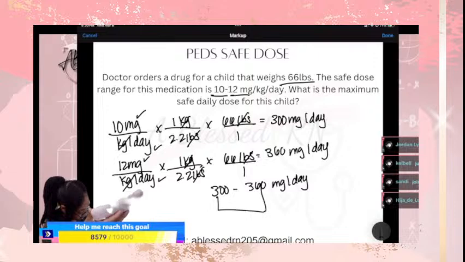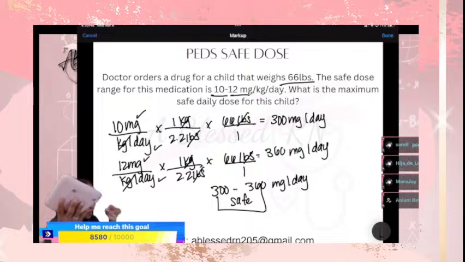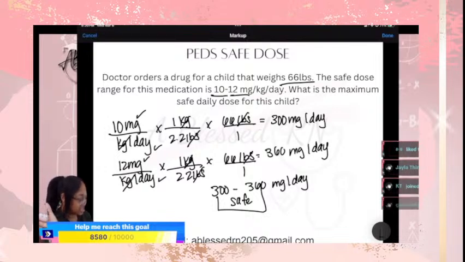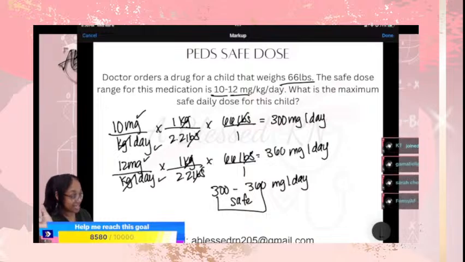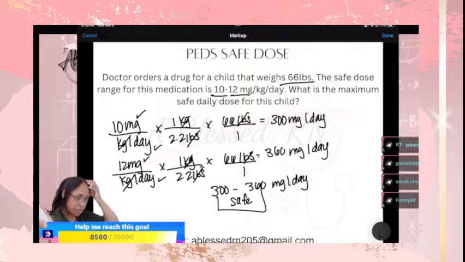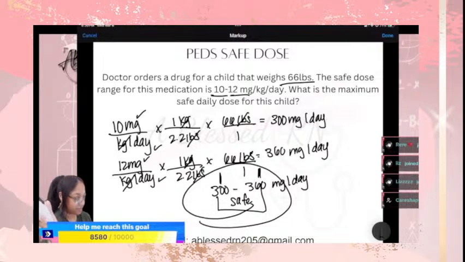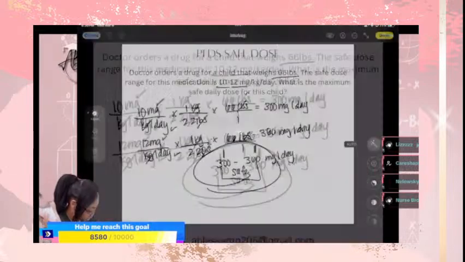All right, so that is your safe zone. Anything at or in between those numbers is what would be acceptable to give to your patient. If it was 299, 298, that's not the safe zone, so that is not safe. If it was 362, 361, that's not the safe zone, so it's not safe. Okay, that is what gets people confused and like, well, how do you know if it's safe or not? If it's in these numbers, if it's in this safe zone, it is safe. If it is not, it is not. It is what it is, and it ain't what it ain't. All right,